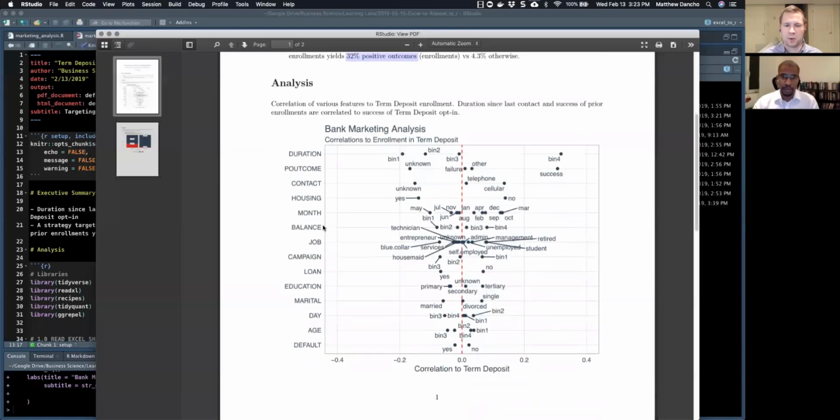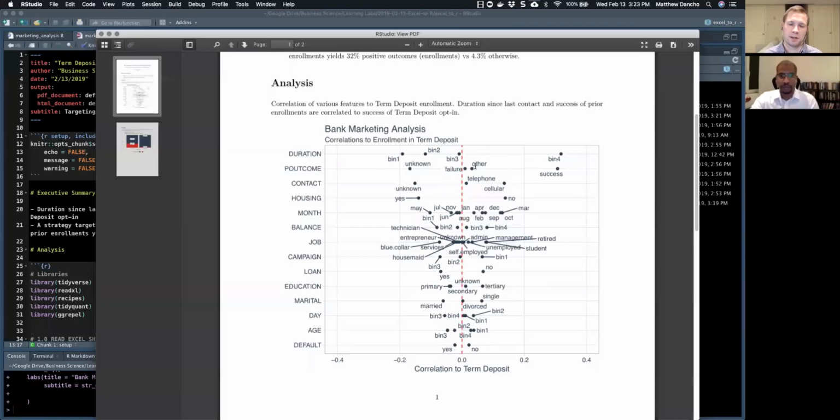And how we did that was we came up with this tool called the correlation funnel. And what features are jumping out? There's this feature called duration right here, which has a bin, and I'll show you what bin means in a little bit. But basically, the people that haven't been contacted in 319 days or longer are highly correlated to term deposit. Same thing here with P outcome. So if they've had a prior positive outcome, meaning they've enrolled in another product, they're more likely to enroll in this term deposit. So by focusing on people in these two groups, we're able to capture about 32% yield